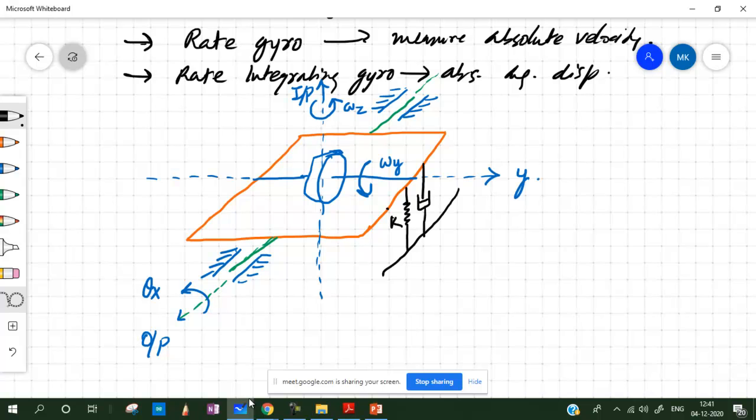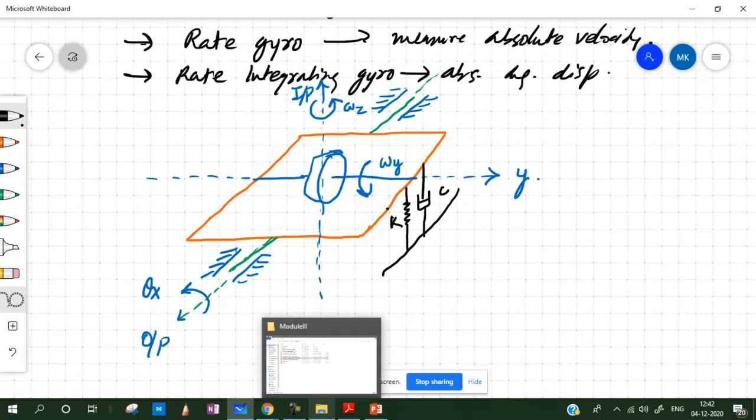Spring and a damper, with some stiffness coefficient and damping coefficient. So this is how a rate gyro basically looks. What we are doing is giving input in the form of, let's say, precession here, and we're measuring the output, let's say, at theta on the other axis, because the spin axis is already defined. So we are giving input using a frame that is connected to this, so that it rotates this basically